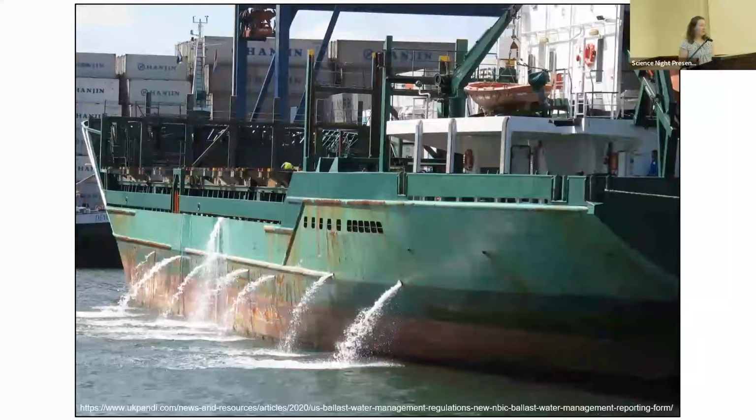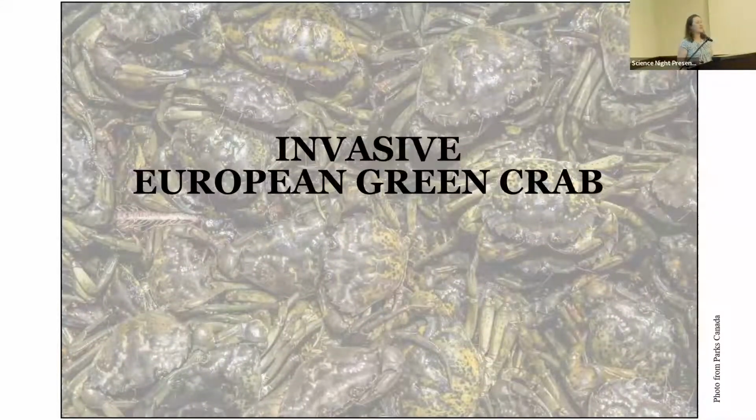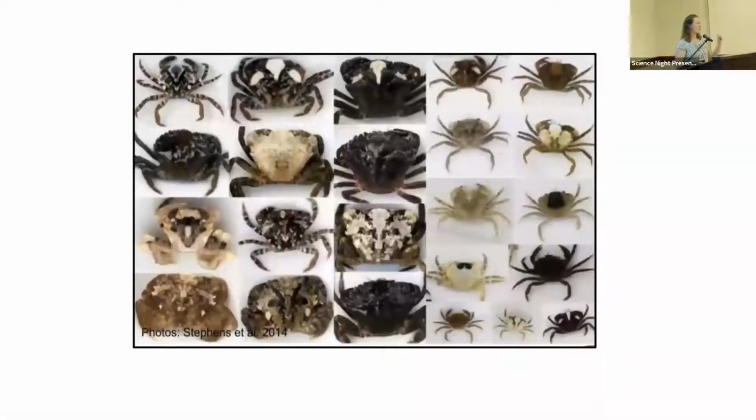Okay, with that little bit of background, your invasive European green crab. The first thing I want you all to know about invasive European green crab is that they're not always green, even though it's in their name. I'm so sorry, you just can't hold on to that piece. They come in a wide variety of colors. These are all European green crab at different ages, so you can see a wide variety of shell colors and patterns. However,